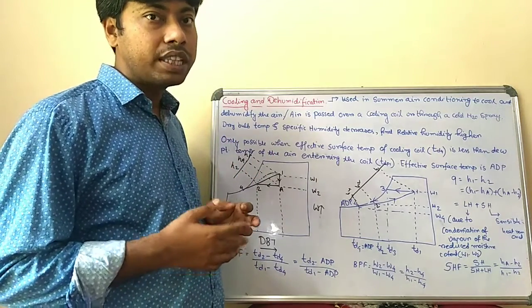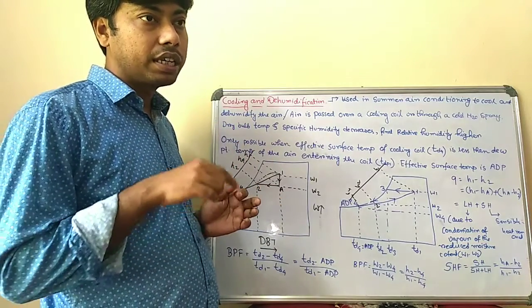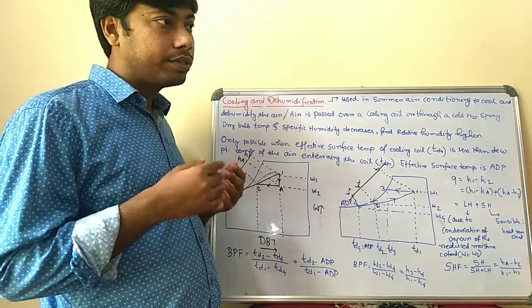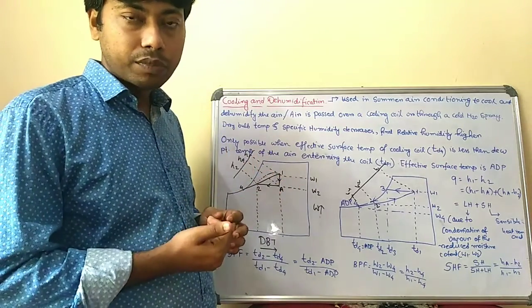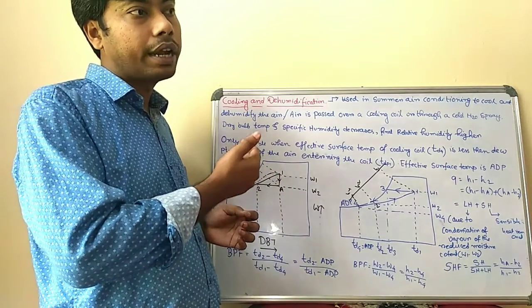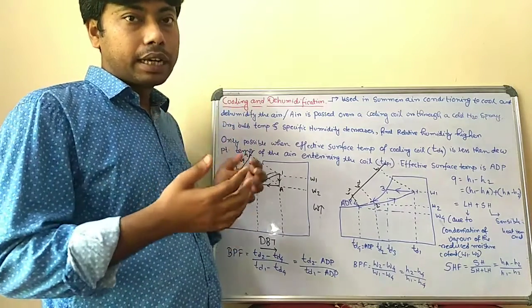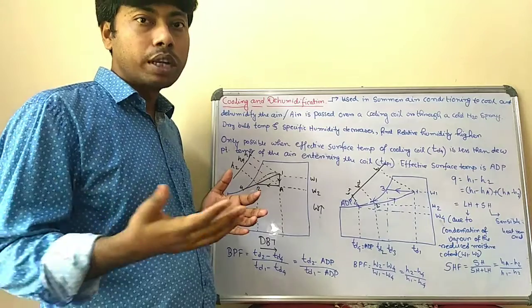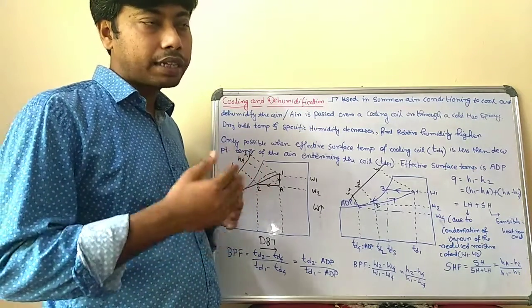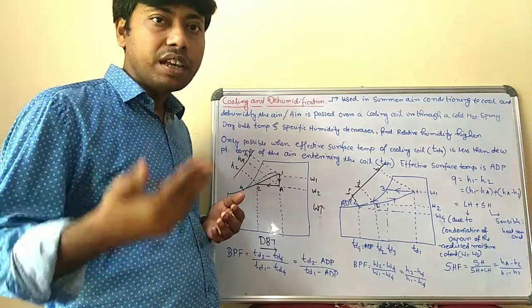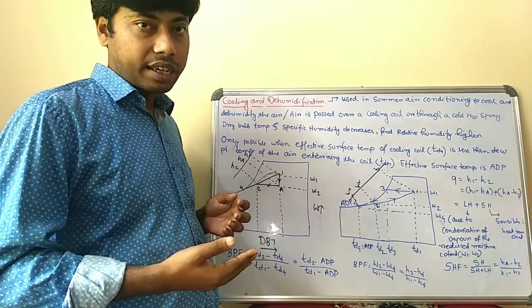So obviously, when the air enters a system in which a cooling coil is there, the cooling coil temperature should be low compared to the entering air. When the air contacts the cooling coil and exits from this particular channel, the temperature of the air is reduced or cooled. In this way, we can do cooling and dehumidification.